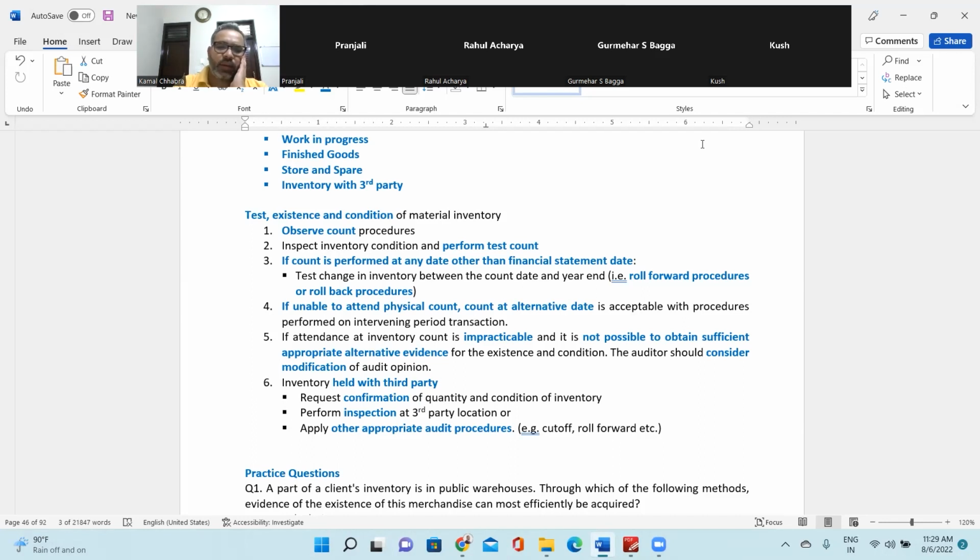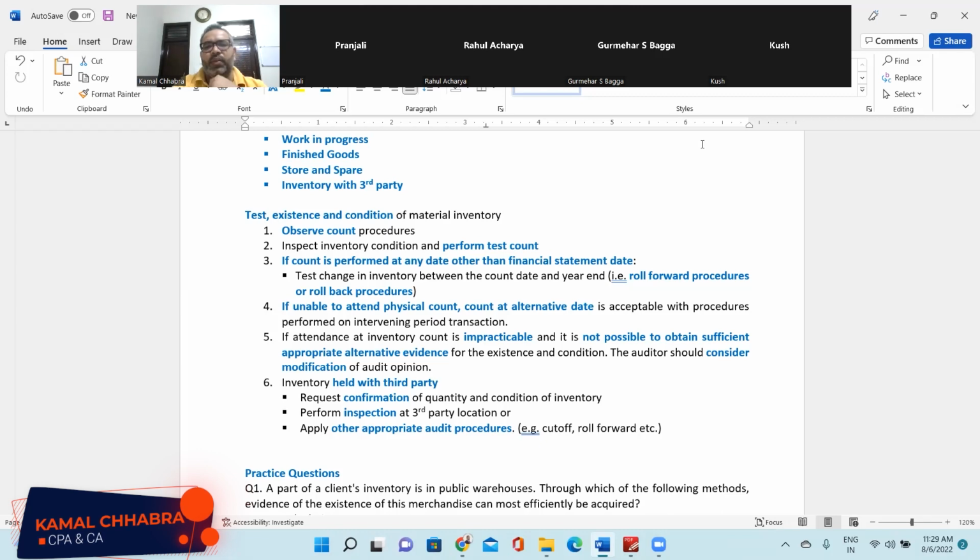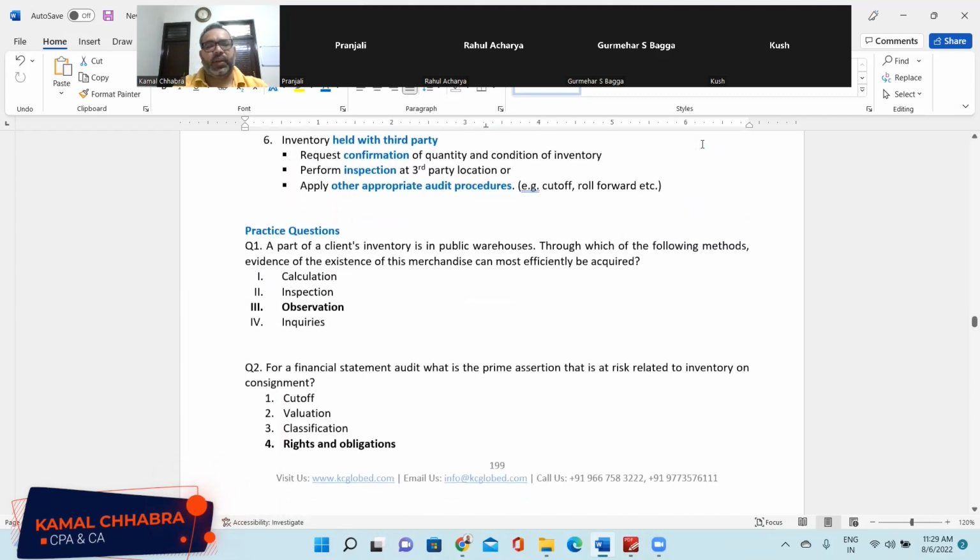Third is to apply other appropriate audit procedures like cutoff procedure or roll forward procedure, as the CPA feels required, to gain the comfort over the existence and valuation of the inventory lying with the third party. Make sense?